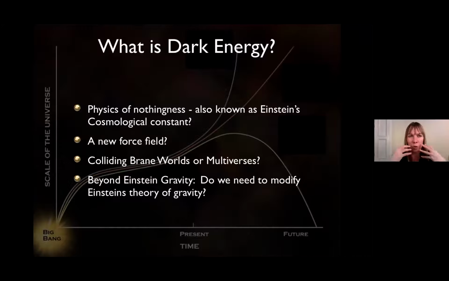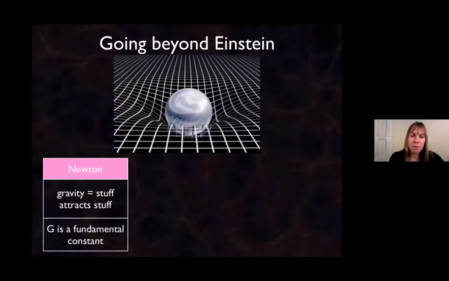So everything I've told you so far, the whole story about why we need dark matter, from looking at the rotation curves of galaxies, what this cosmological constant comes from, it all comes from Einstein's field equations and general relativity, but maybe that's not a full description of our universe. So let's just take a brief moment to go down this alley.